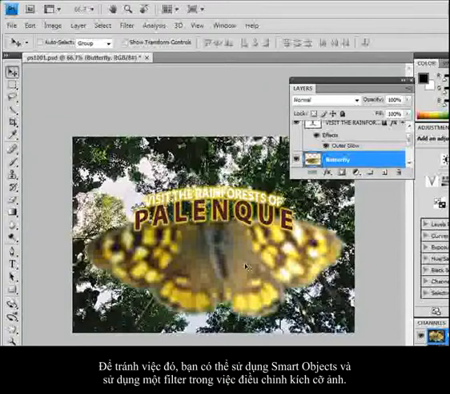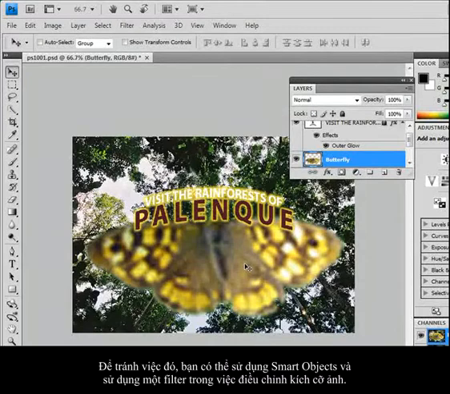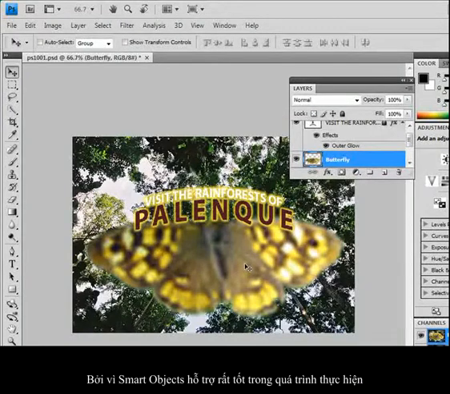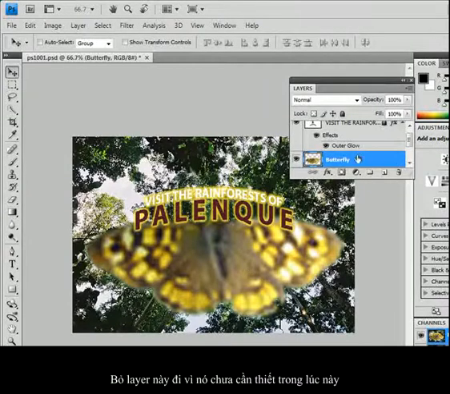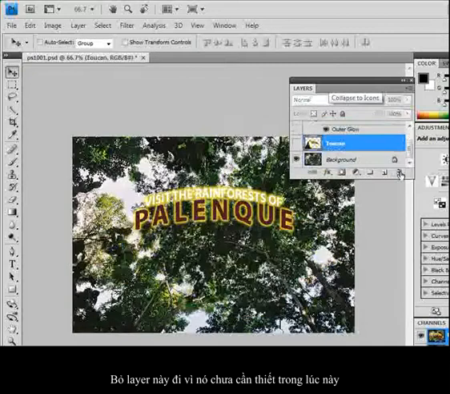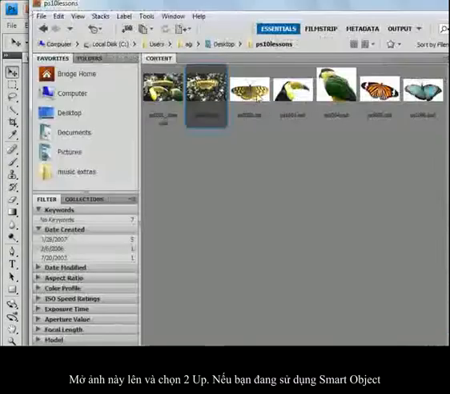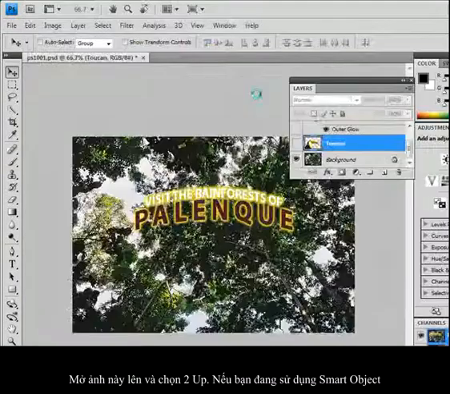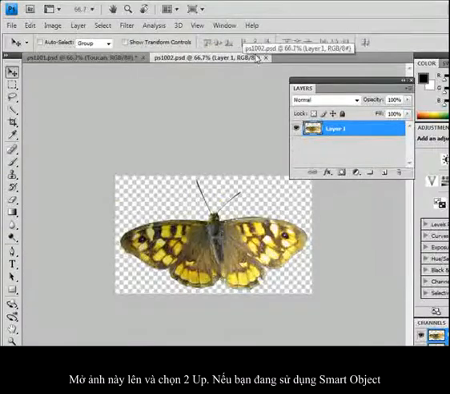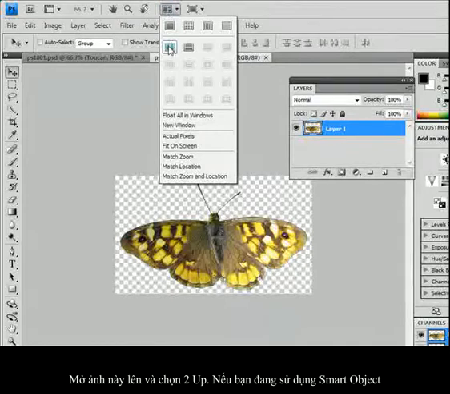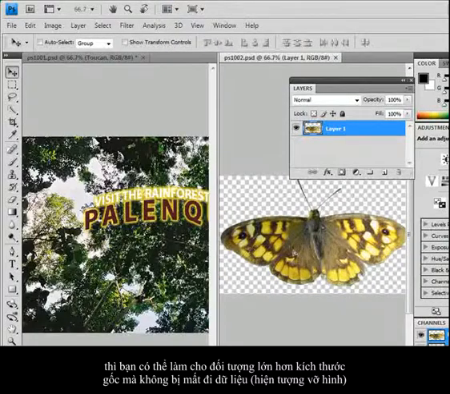And they can be used for filters, for resizing images. I typically use smart objects as I'm designing just because I don't have a clue how big or small my various layers are going to be until I am done. One thing to consider, I'm going to just throw that guy away. He's really no good to me right now. One thing to consider, let me open this up, is that if you are taking advantage of smart objects, and I am going to view 2 up, that you really can't make an object bigger than it originally was